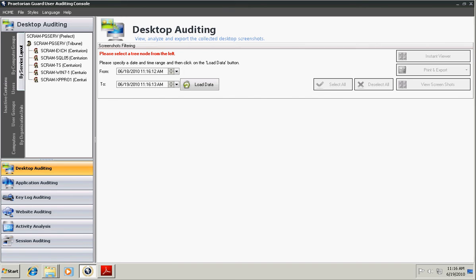To begin with, notice here on the left we have tabs that are shown sideways that allow us to view computers across the network and drill down to the data stored for each of those computers. The first is the by service layout. This is the structure of the Praetorian Guard system, where we can see our prefect, the tribune, and all the centurions assigned to that tribune. If you have multiple tribunes, you would see them listed here, and all the PCs assigned to each tribune listed